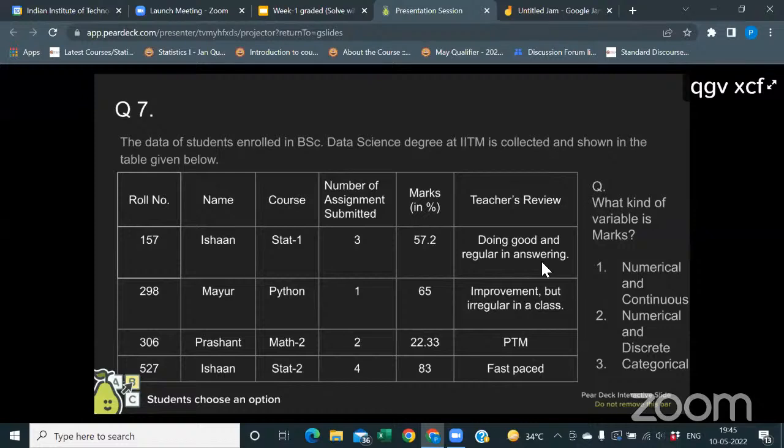Sir, why can't we simplify by saying that discrete values are like integers and continuous values are like decimals? You cannot say that. Suppose I'm saying I have 1.5 rupees, 2 rupees, and 2.5 rupees. Then can I count or not? Yes, I can count. It's in decimal, but it's discrete.